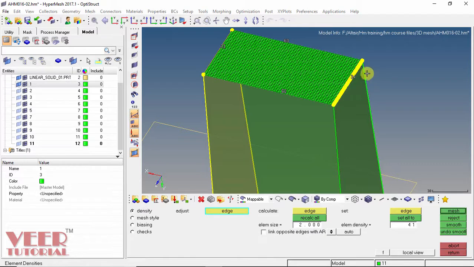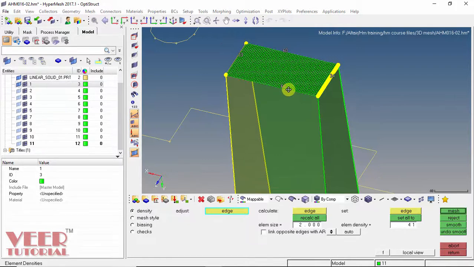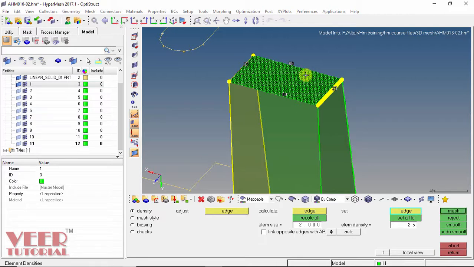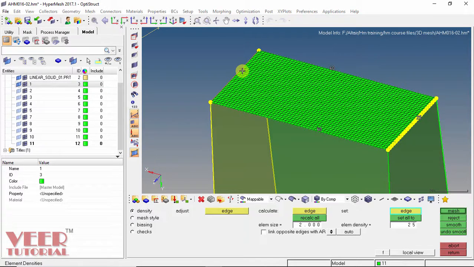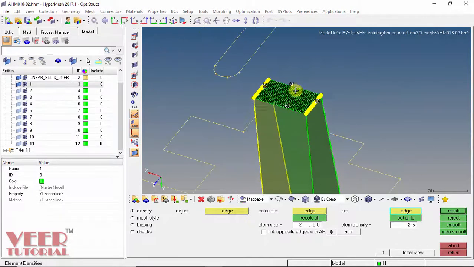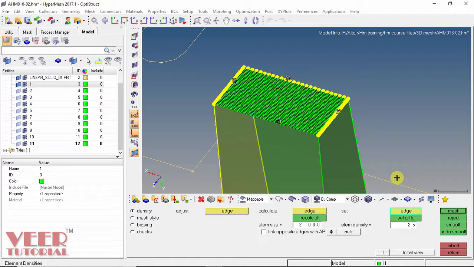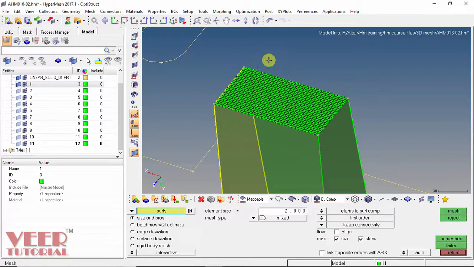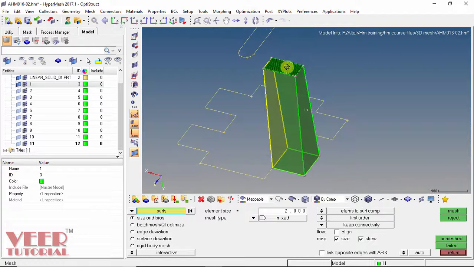Number of elements, suppose here I want, okay, on this side I want 25 elements. So element density I can select 25, press enter and then click here 25. Once again I want 25 onto this side, so click here, it will be 25, and onto the remaining side we can select, suppose I select 40 elements, so I insert 40 and then click here. Similarly I want 40 elements here and then hit the return. So element density is fine and then click on return. So we have done the meshing of top surface.